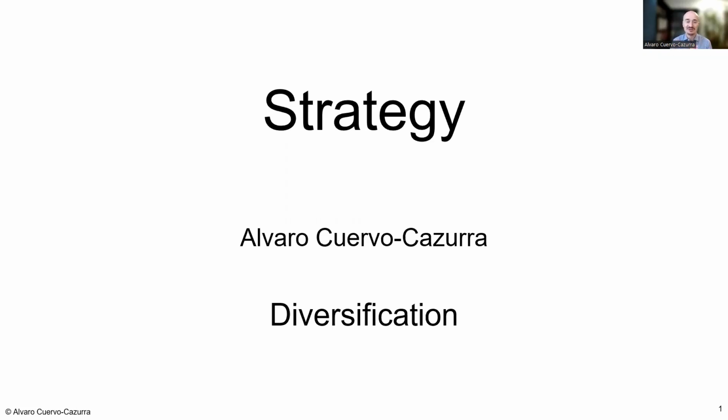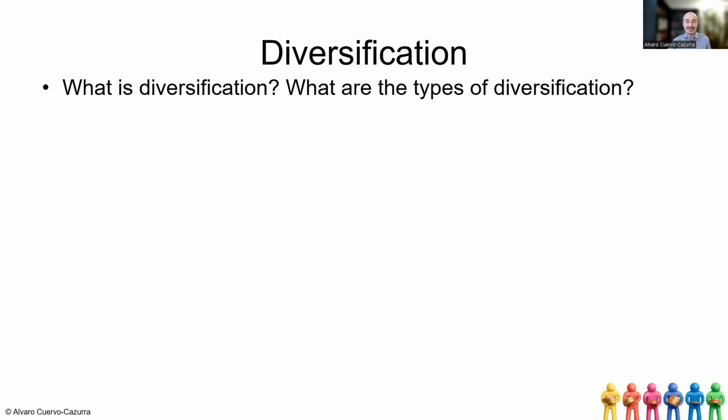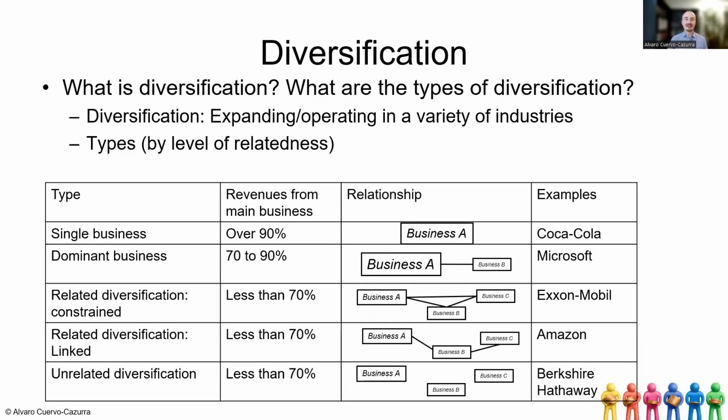Today, what we are going to be doing is discussing diversification, extension, expansion of the company into other industries. So this is the agenda that I like to get into. What is diversification, different types of diversification, and especially the diversification process. Trying to understand the notion of: I have identified the sources of advantage, how do I benefit from them, how do I go into other activities outside my industry of operation? Which is basically the definition of diversification. You are operating in a diversity of industries.